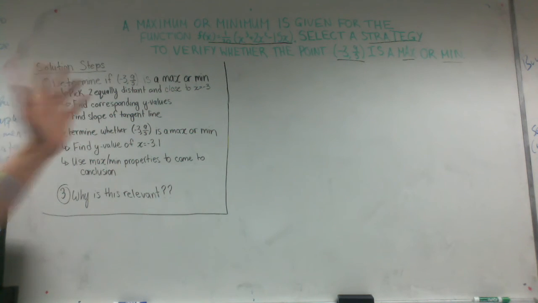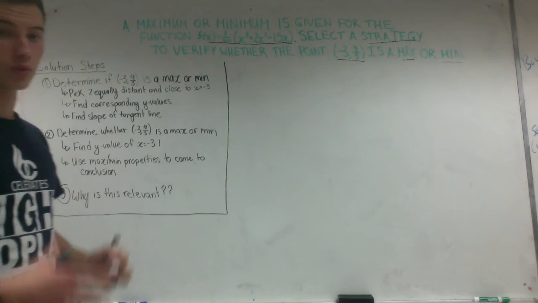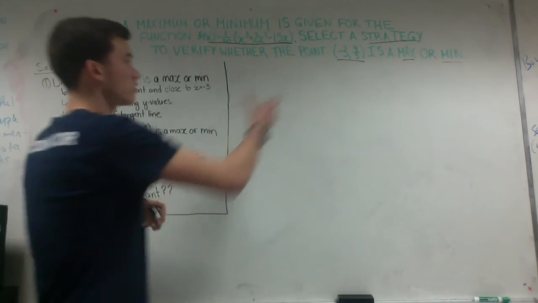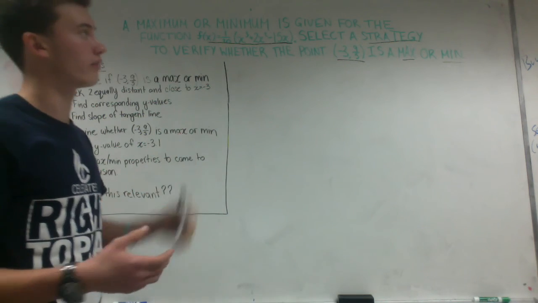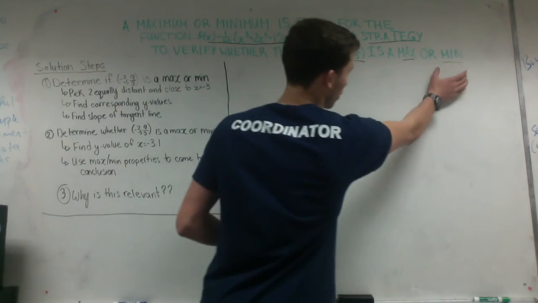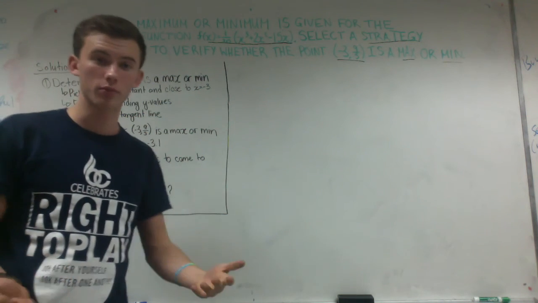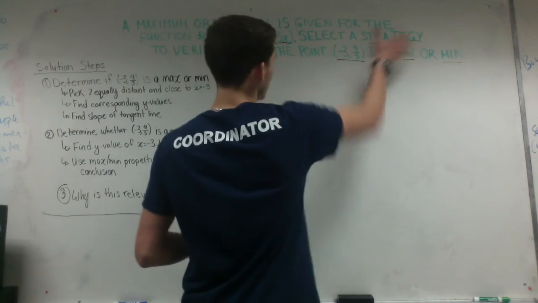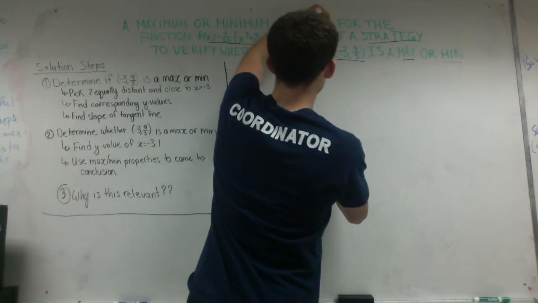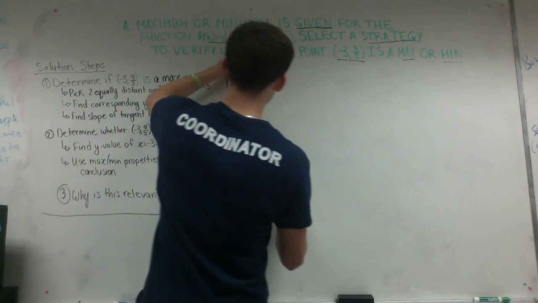Now you can see I've highlighted some things here. The function itself, as that's important as we need to know the properties of the function, but also the point, because that point's going to tell us where we're going to be looking on the graph. Max or min are also very key words because that's what we're trying to determine, obviously, is our maximum or minimum. But also the word strategy, because it allows us to be a bit creative. In this case, I'm going to be using IROC,